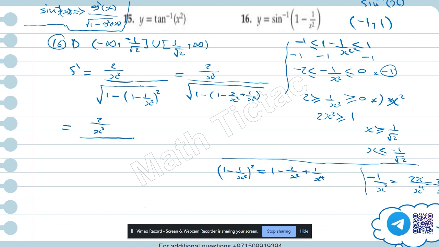In here, equal to 2 over x cubed divided by, let's use the distributive property,